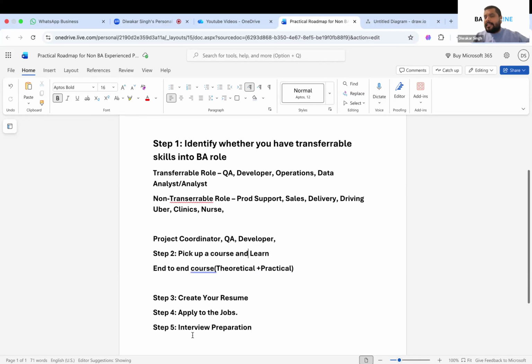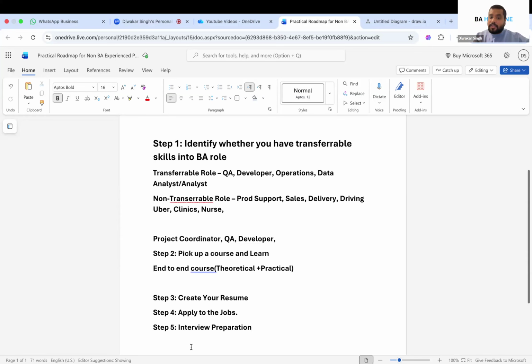Then once you have prepared your cross questions, whatever topics you have learned in your course or in your training, make sure that you prepare examples and scenarios from the projects that you have worked in. Again, remember, no training projects, no internet projects, no case studies. The examples and scenarios that you are preparing should be from your real project that you have worked in, irrespective of whichever role you have worked in, because now you're changing it to a BA role, you're showing BA experience. So you have to create examples and scenarios from that particular project only.